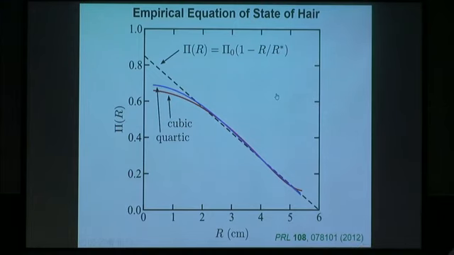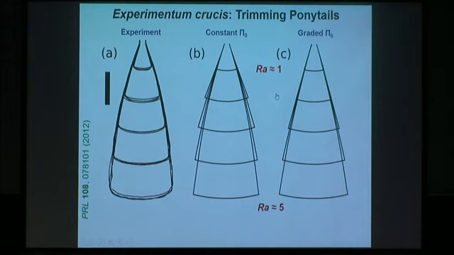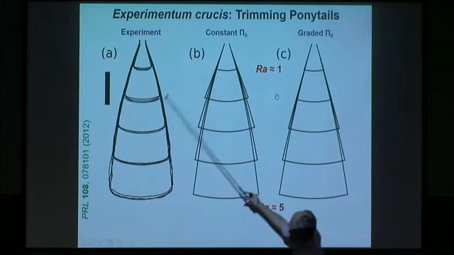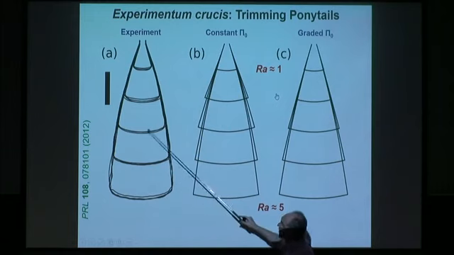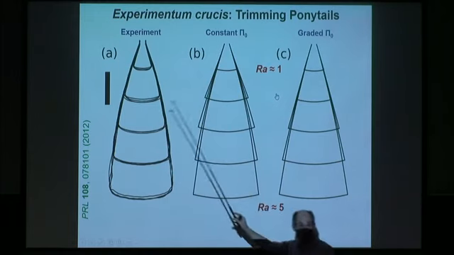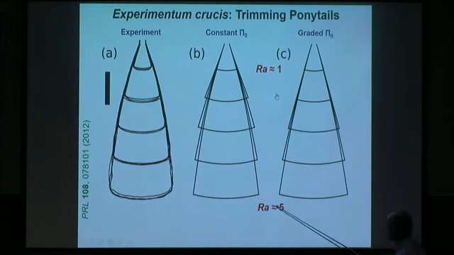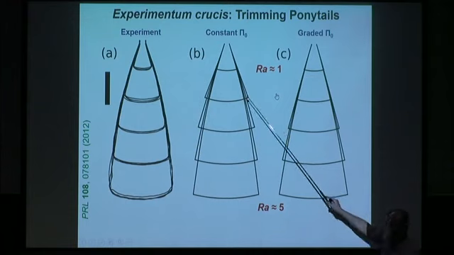And so now we can do a test. This is a test we call experimentum crucis, as Newton had one, which is you take experimental ponytails, real ones, you average over orientational views, and you trim it back. So it goes from this flared shape back to something more conical. And then you do the same thing in the theory. So you go from a Rapunzel number of about 5 to a Rapunzel number of about 1, and you get something that looks pretty close to what you see in the experiment.